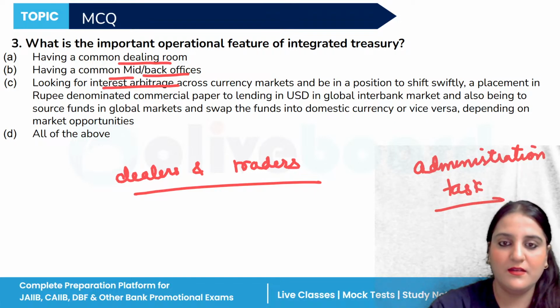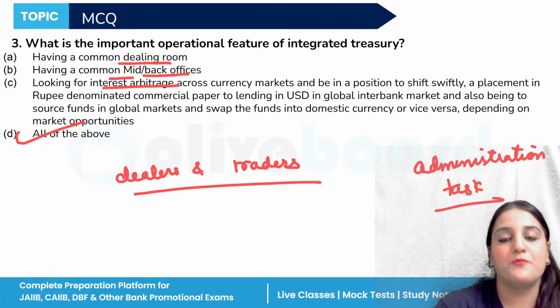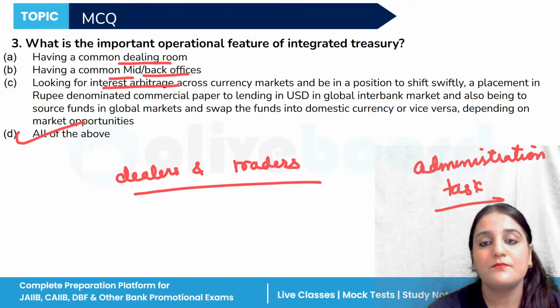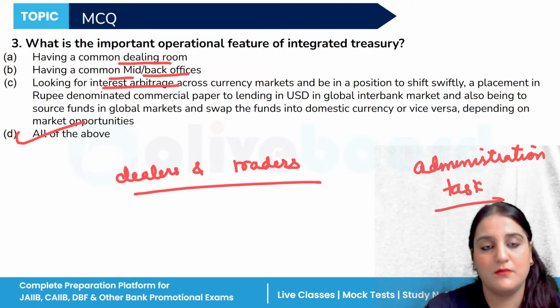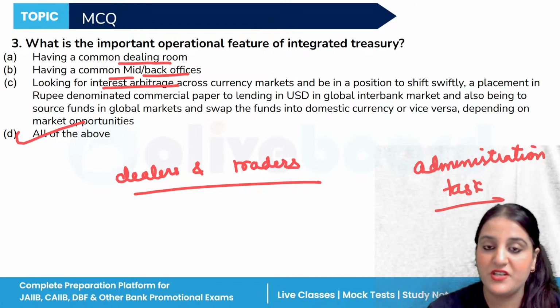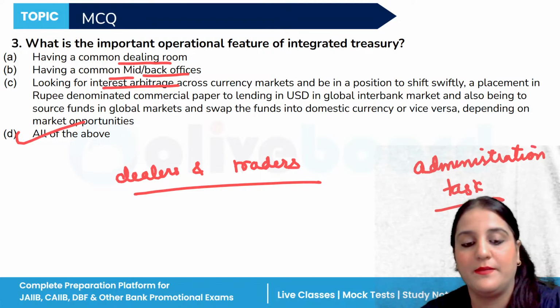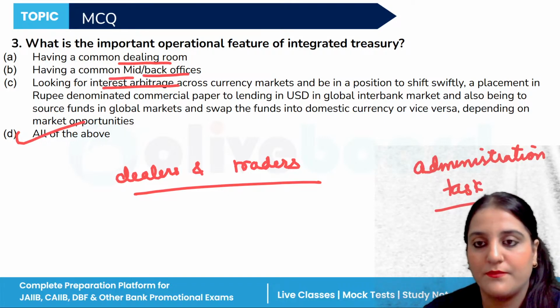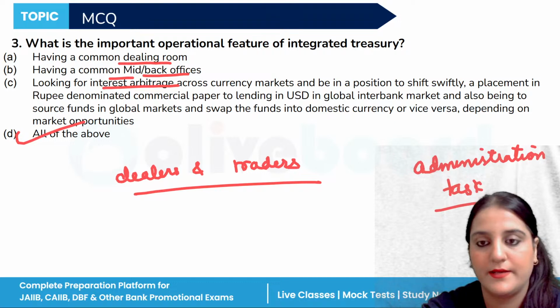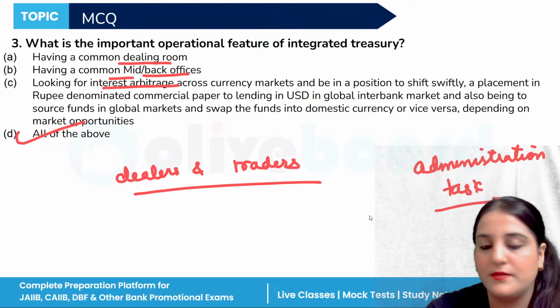So we can say here all of the above options are correct, which basically allows integrated treasuries to function efficiently and profitably. Okay, third D correct. Next,